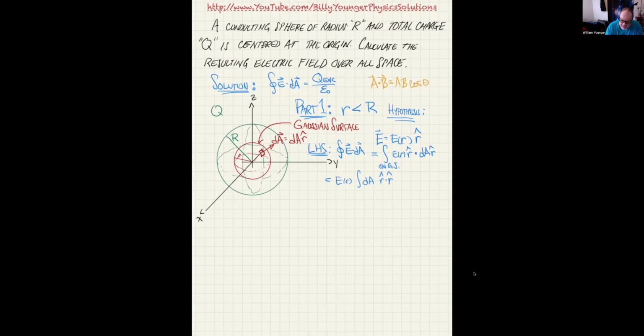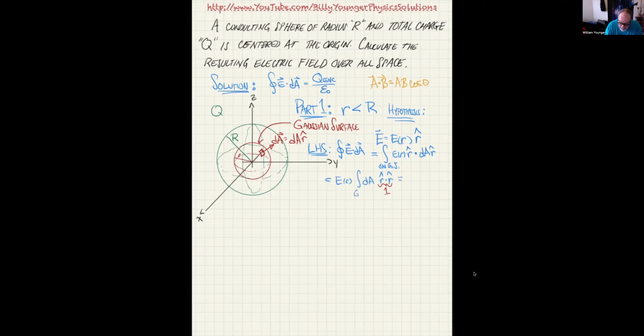So r hat, and this goes for any vector with that little hat on top, has a magnitude of 1. So in the case of r hat dot r hat, I have 1 times 1 times the cosine of the angle between them. Well, they're identical vectors, so the angle between them is 0, and of course the cosine of 0 is 1. So I can immediately recognize that this r hat dot r hat is in fact just 1, and what I get is